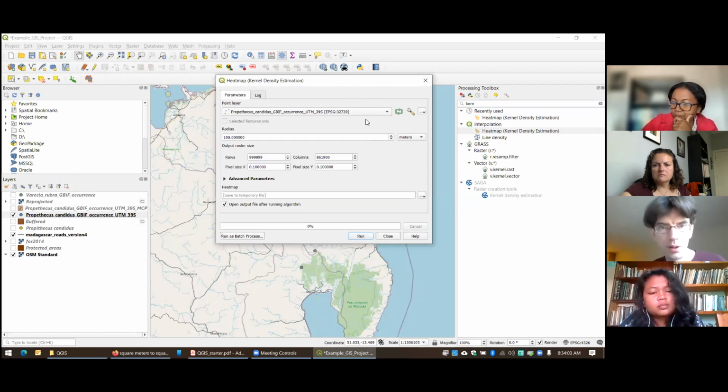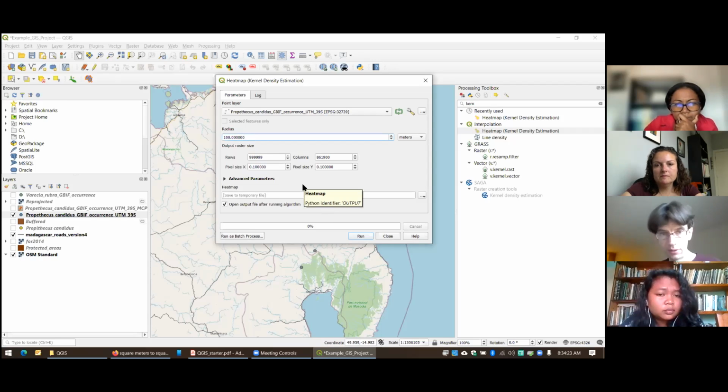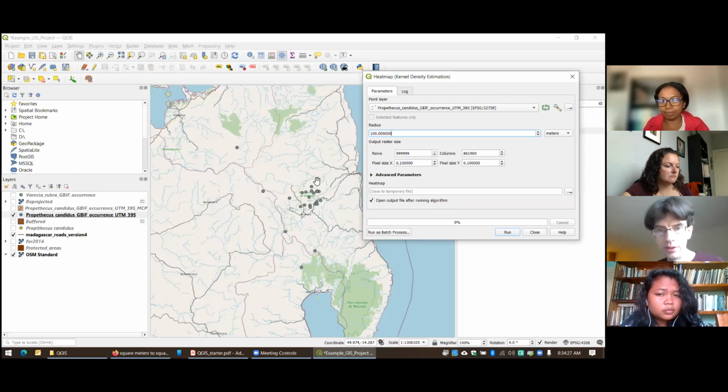So if I come up here, I select the layer I'm interested in. It's already selected the one that I am interested in right here, Silky Safaka GBIF occurrence UTM 39S. I have to select my radius. Now what's nice with this is I can actually select the radius, the distance that I'm calculating this over, in the units of my layer.